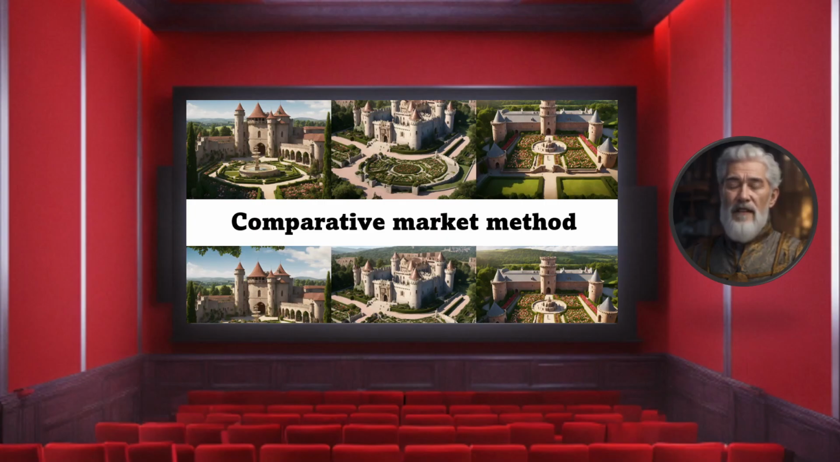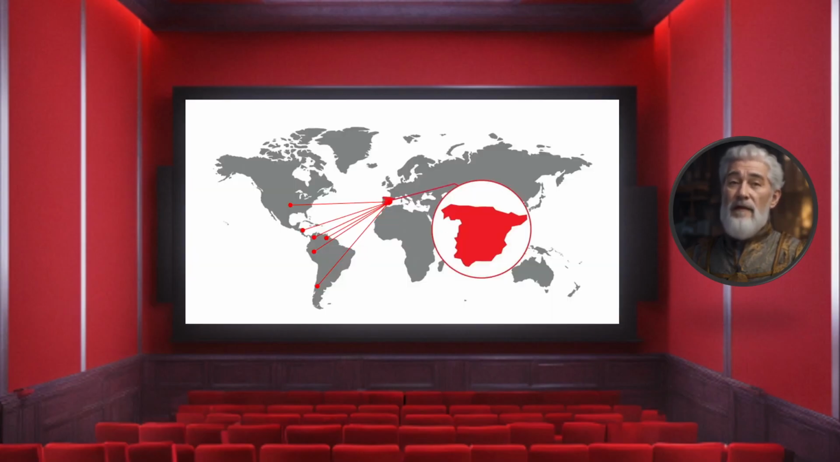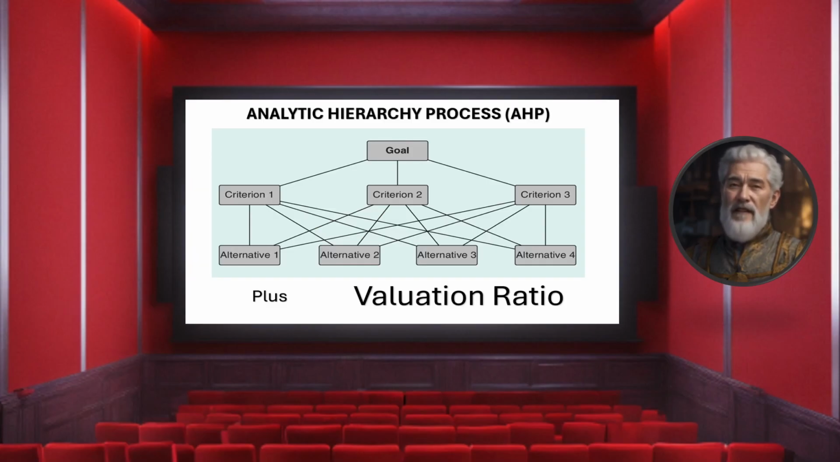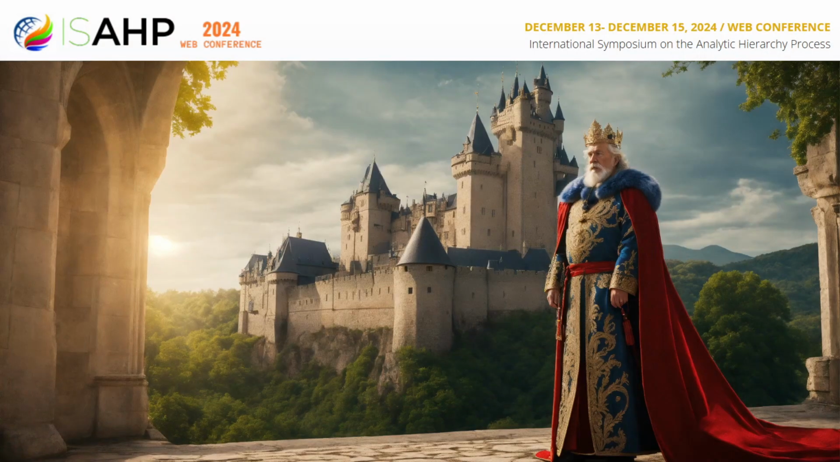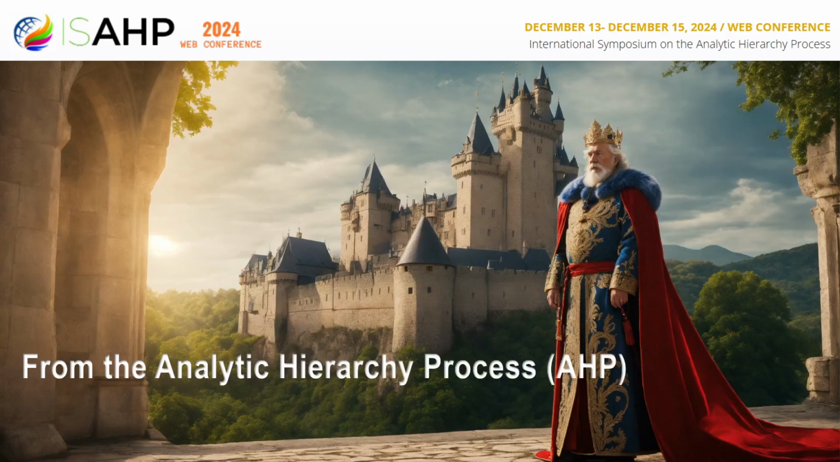The deadline was 2 days, and he wondered what to do. It was then that he remembered a proposal brought from Europe to America, based on the use of a valuation ratio using the elements of the global vector of the alternatives of the analytic hierarchy process, AHP. From the analytic hierarchy process, AHP,